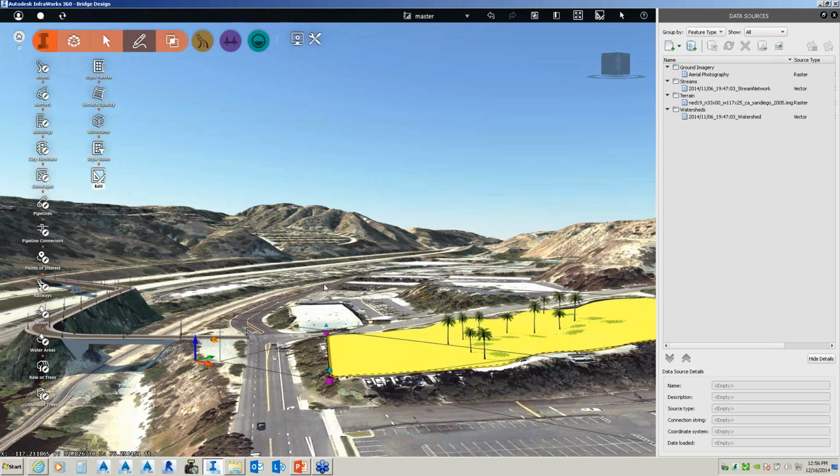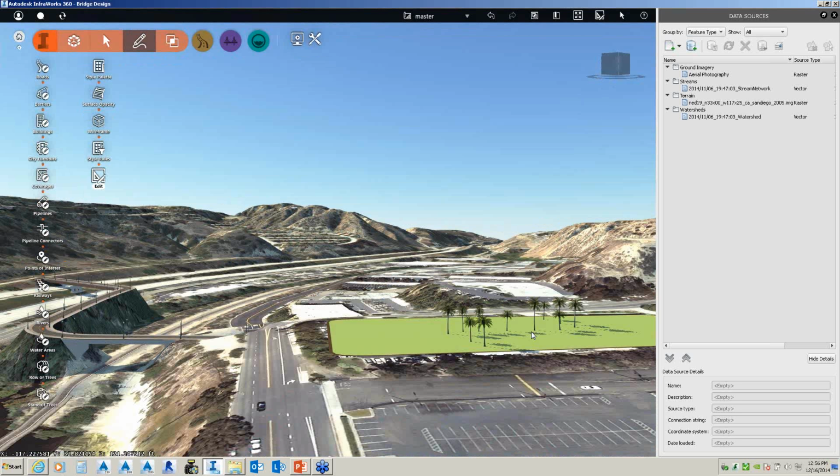But if I wanted to, I could right click and say shape terrain, and then the dark area shows fill, the lighted area shows cut over there. So if I wanted to grade that flat out, I could grade that flat out. I could give it a specific elevation if I wanted to. So I could create sort of this building pad if I wanted to. So I'm going to pick on a couple of these trees because they're in the way. And I can have trees automatically come in.